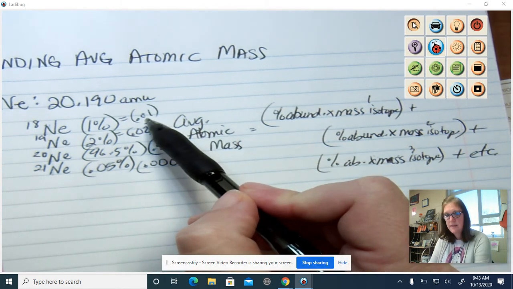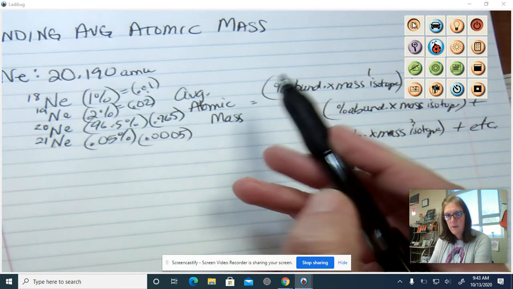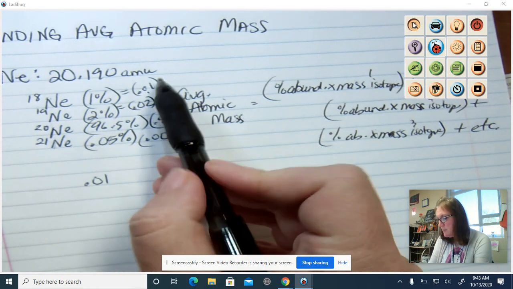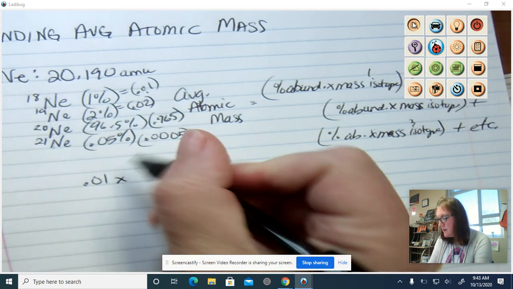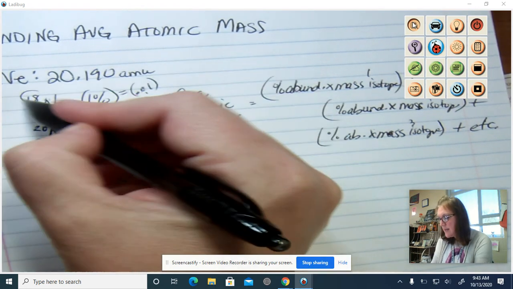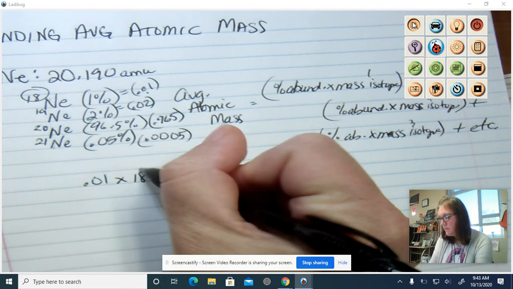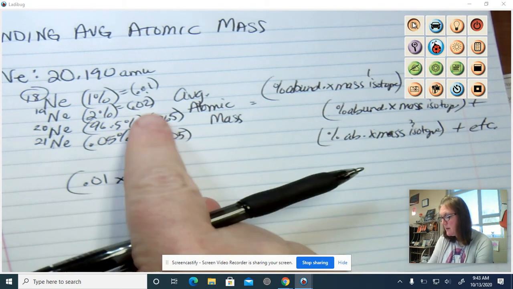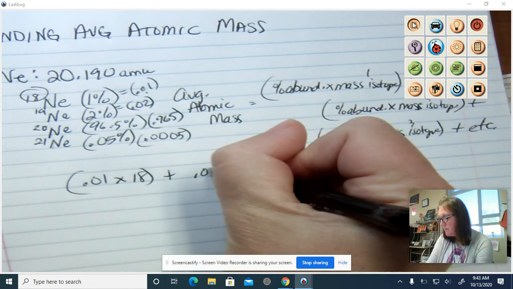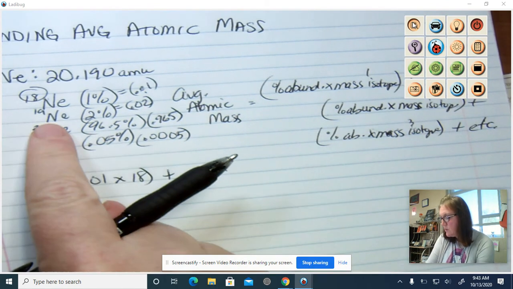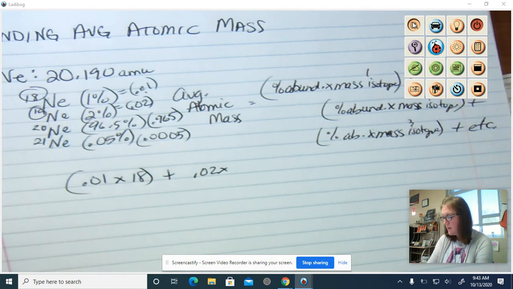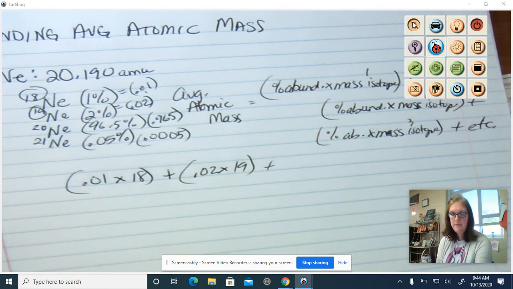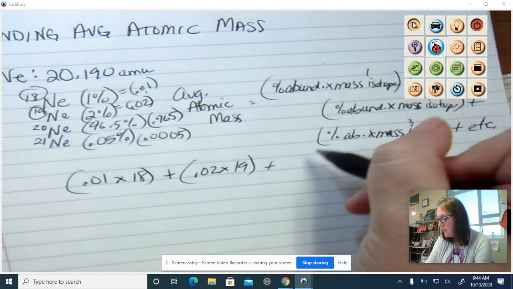So I'm going to take these numbers. So there's my percent abundance, and I'm going to start to plug it into this formula. So I'm going to take 0.01, so there's my percent abundance, times the mass of this isotope. So that's the first one. Plus, I'm going to take my percent abundance, 0.02, times the mass of this one, which is 19, plus, and you keep going. You're going to do that